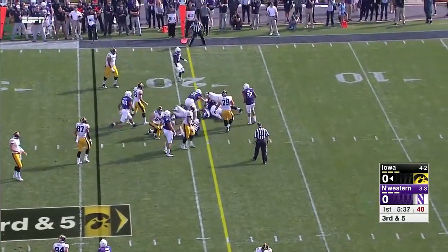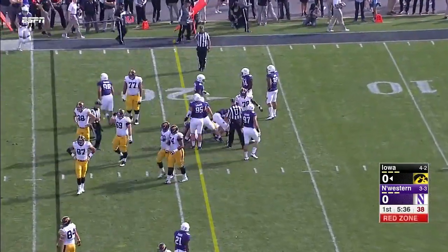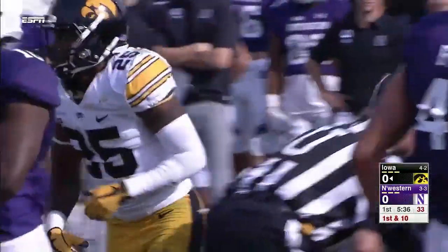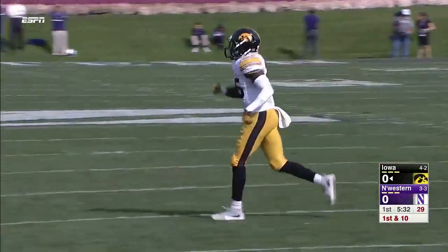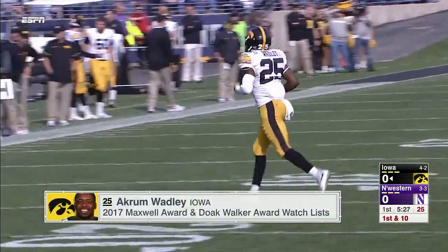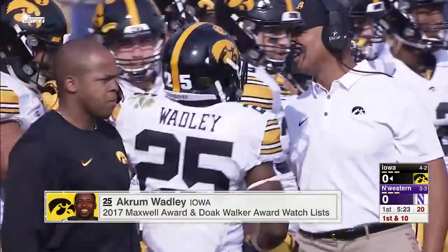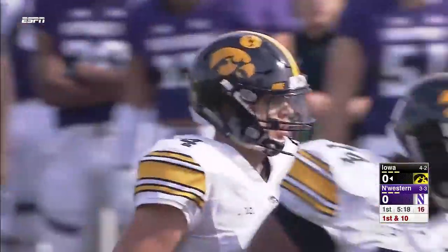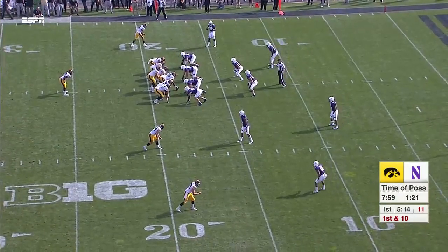Wadley on the run, barreling forward for a first down. So Akrum Wadley moves the chains for Iowa. Well, Jason, just as a little kid has kind of their security blanket or their binky, something of that nature, that's what the zone run is for Iowa. When they want to feel good about something, they never go too far away from that zone scheme, and that's what that was. Zone run inside left, had him up front, and have Wadley find the softness, and he does